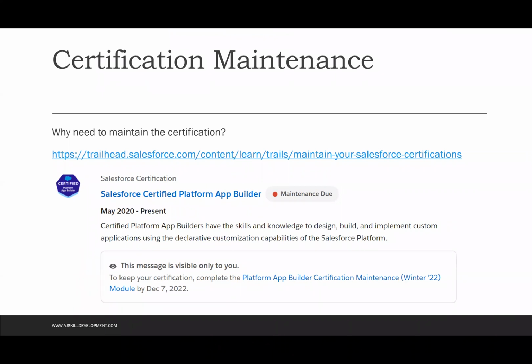just like how we have a mobile phone, right? It's a product. They keep updating the product, and as a Salesforce professional, we should also keep ourselves updated, right? For that reason, they have a concept called certification maintenance. So what exactly is maintenance all about? If you take a look at that here,